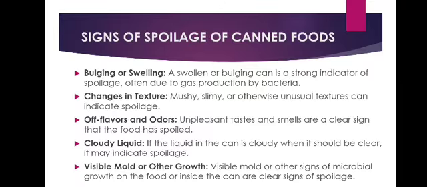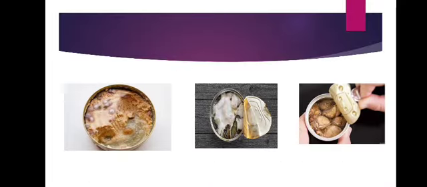Cloudy liquid refers to the cloudy layer formation above the surface of the food due to spoilage. Visible mold or other growth. Visible mold refers to the growth of mold appearing on the surface of the food. These pictures show the visible mold growth and spoilage of some of the